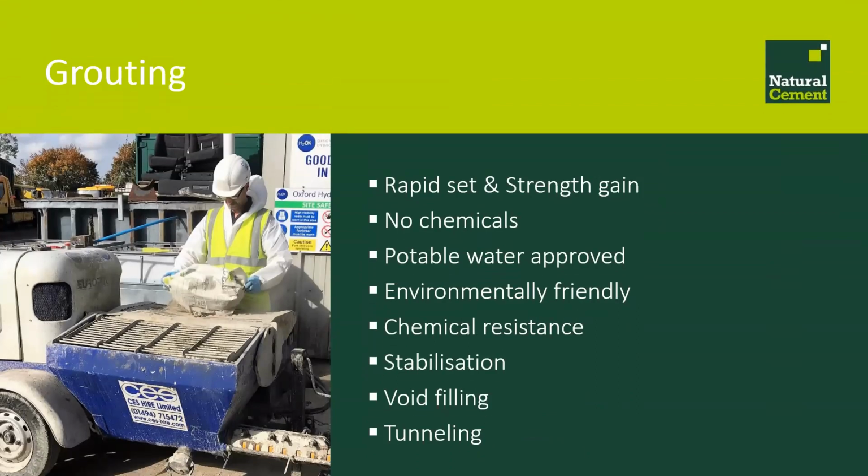Grouting is the common one. So the materials are used for any sort of stabilization or void filling in particular areas. To be honest, natural cement grouts only tend to get used if you need some of the specific properties that you're getting from the materials, as in the rapid set and strength gain,